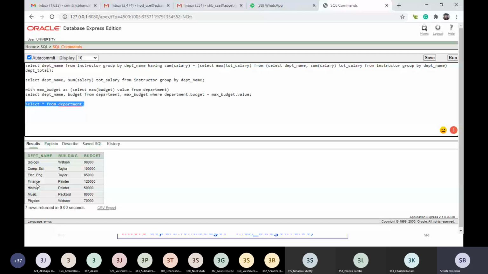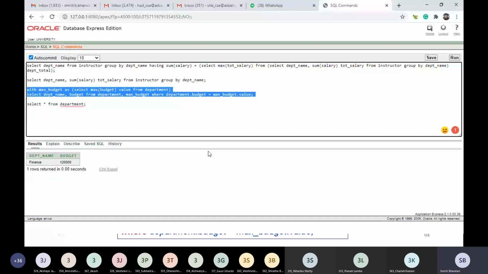See here, these are the budgets. So finance department is having the maximum budget, and we are interested in getting this department name. So we have made use of this with statement, and we have computed this query so that it will return us the department name finance having the maximum budget. Got it?